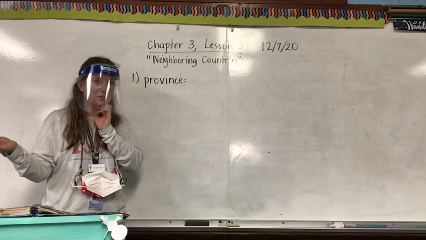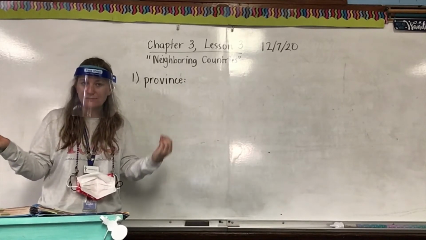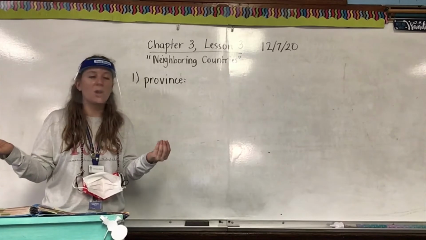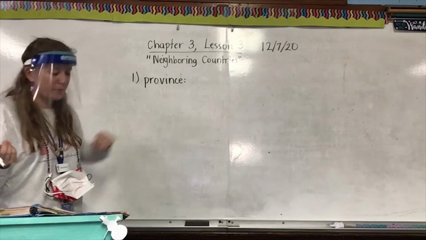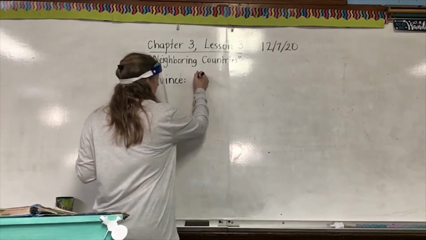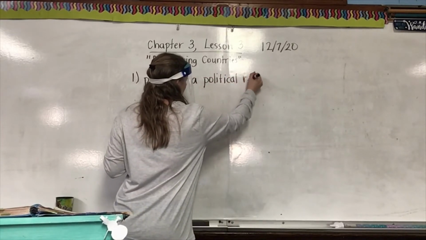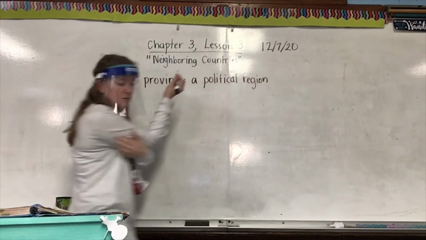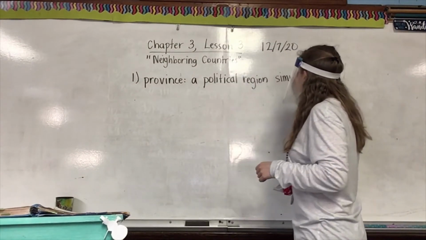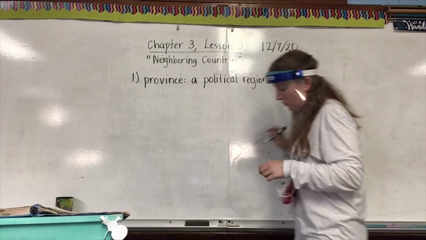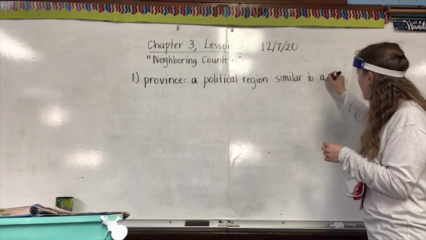A parish. And because Alaska also wants to be different, they don't have counties or parishes. They have boroughs. Well, the United States, because it's a different state, they don't have states. They have provinces. And a province is a political region similar to a state